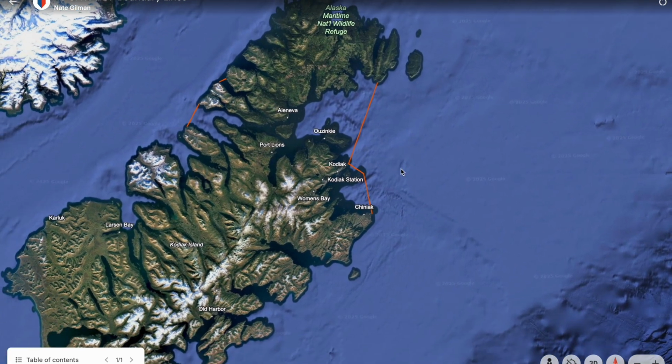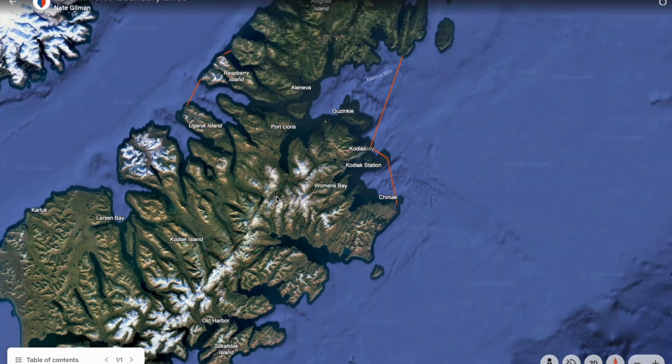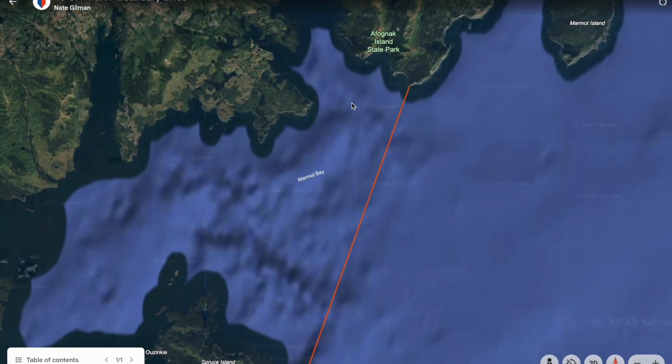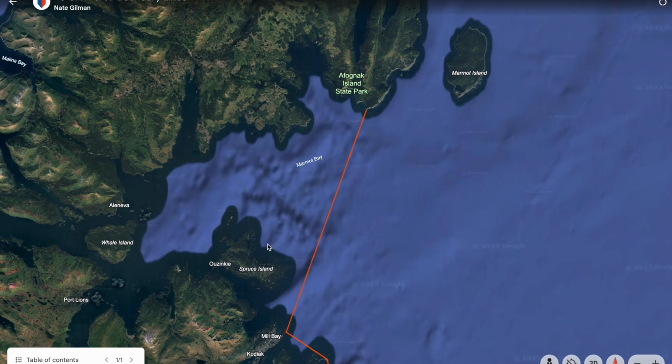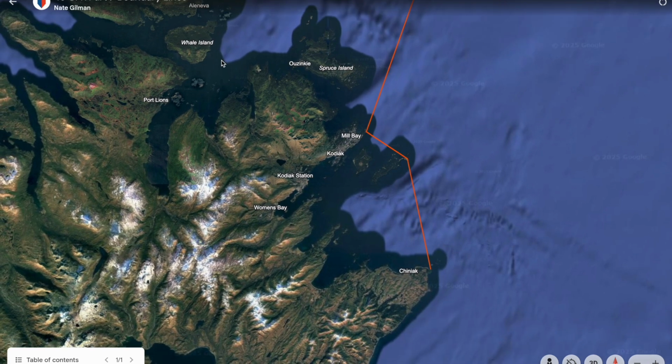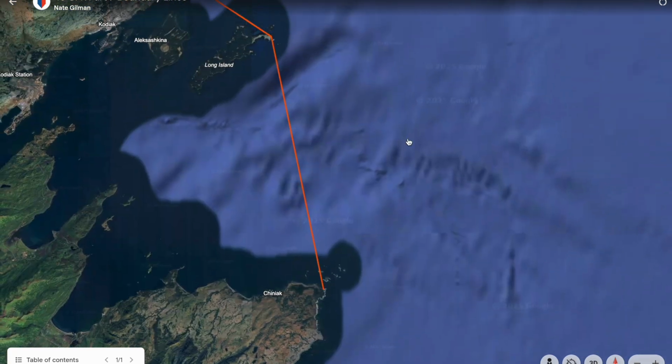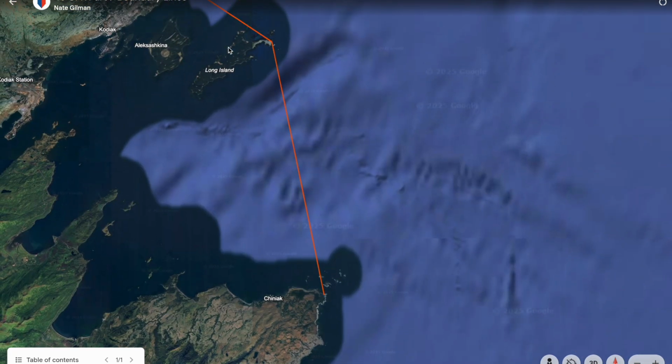Same thing if you're down here and you're in Kodiak. Kodiak is completely inland in Marmot Bay. So if you're around Marmot Bay, cruising around, that's all inland. You cruise between Marmot Bay, you go through Whale Island, and you come over to the other side. This is all near coastal. This whole area is inland. So as you make it through the point and you make your turn coming into Kodiak, this is all inland,